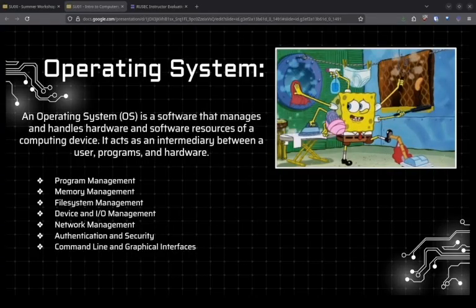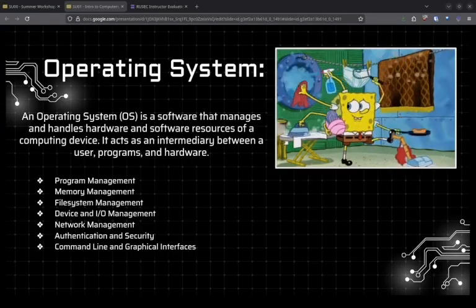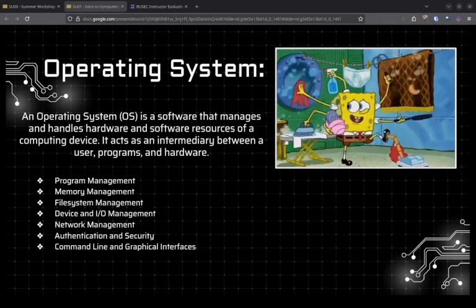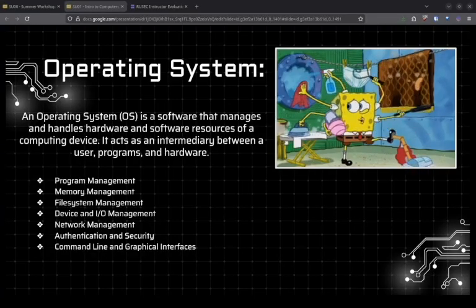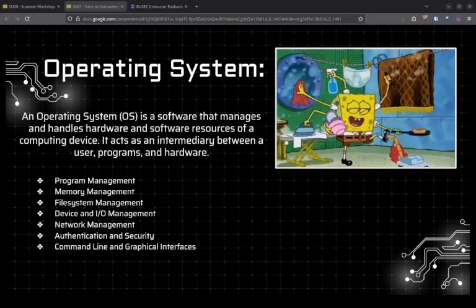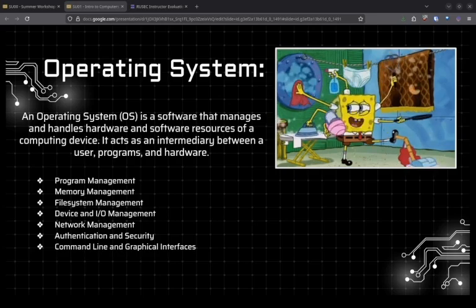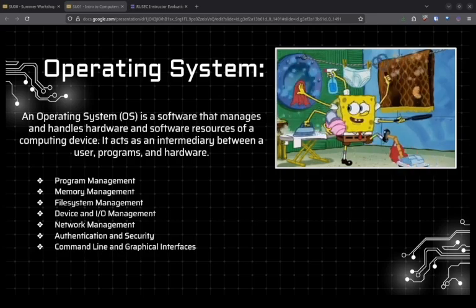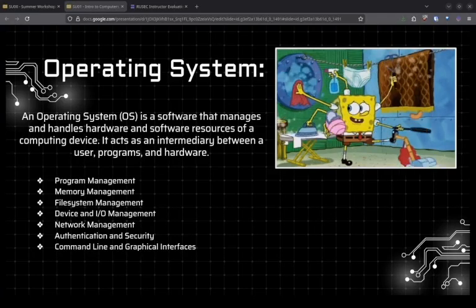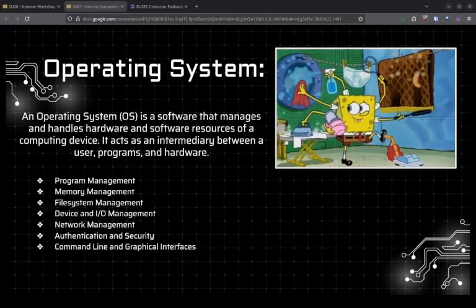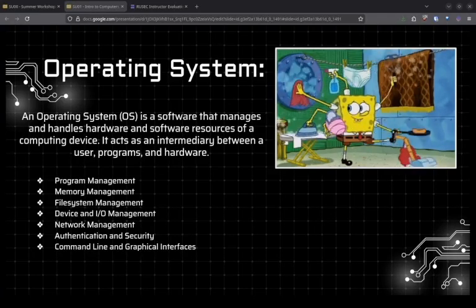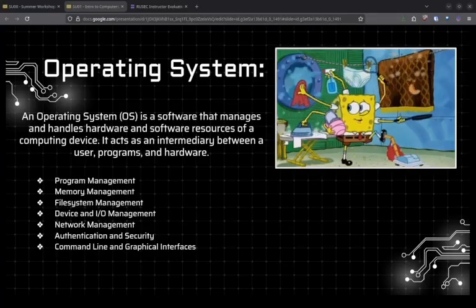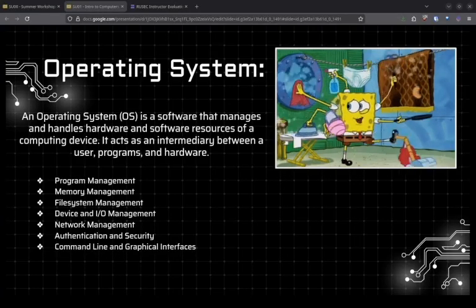It doesn't manage just the physical components, for example CPU and memory, but it's also responsible for keeping all the other programs that you run in check. It basically acts as an intermediary between the user, programs, and hardware. It does a lot of stuff simultaneously. Some of it is program management, which is basically starting and stopping programs, memory management, which is one part of the hardware, file system management, making sure